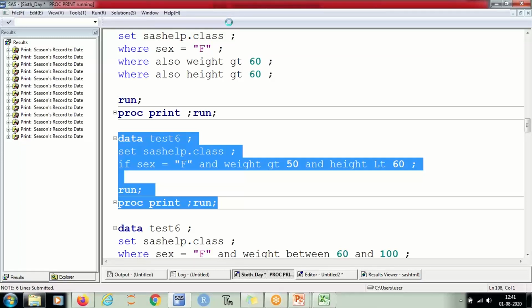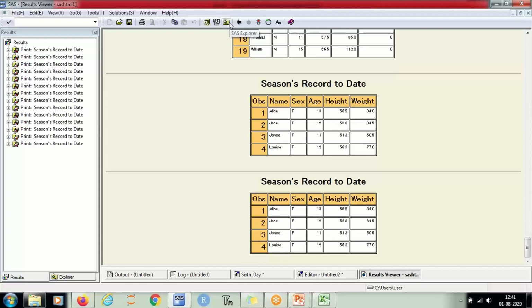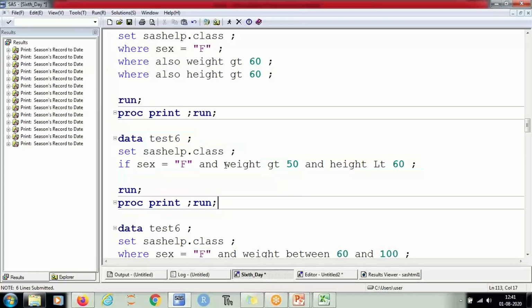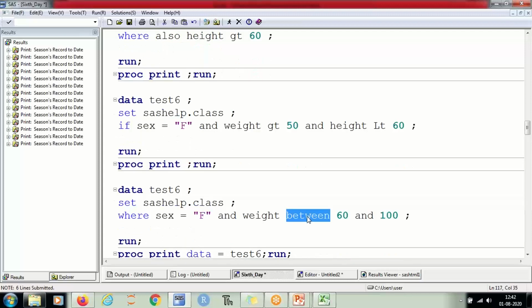However, in a program like this, where we are using the keyword between, we cannot use if. So in this program I am writing where gender is equal to this and weight is between 60 and 100.